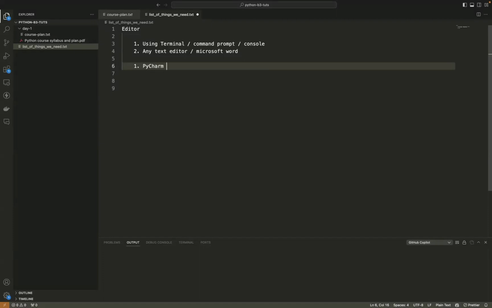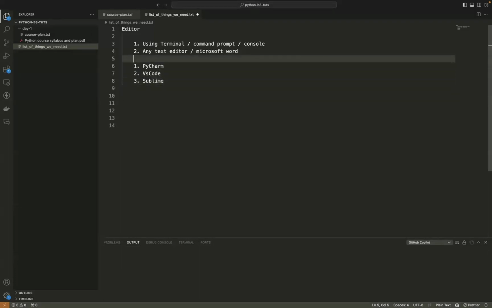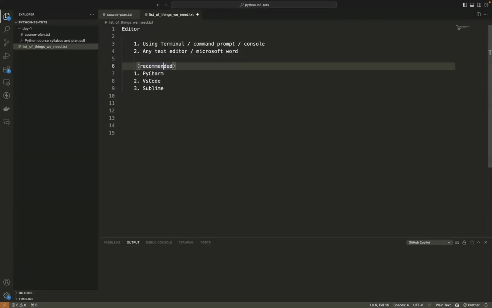There is an editor called PyCharm, and there is another editor called VS Code, and there is an editor called Sublime Text. So these are all recommended editors.